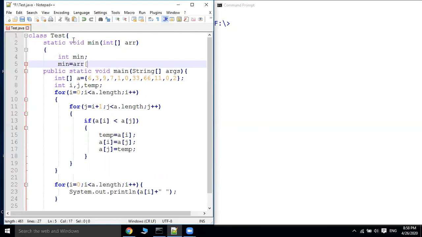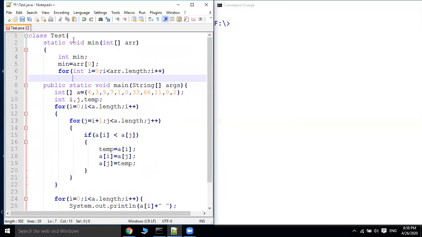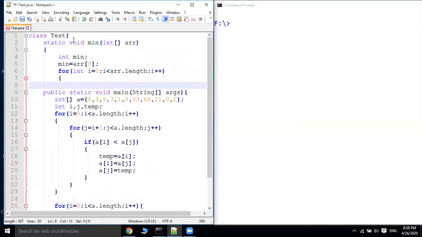Here I want to find the minimum element. Initially, let us copy the first element of the array arr into min, and then run the loop: integer i equals 0, i less than arr dot length property, and then i plus plus. Now let us compare this minimum element.